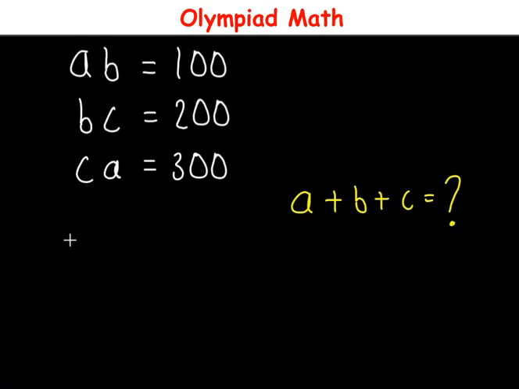Hello everyone, in this video let us solve this question. So we have AB equals 100, BC equals 200, CA equals 300, and we want to solve for the value of A plus B plus C. To solve for the value of A plus B plus C, we need to get the value of A, B and C. So to solve this,